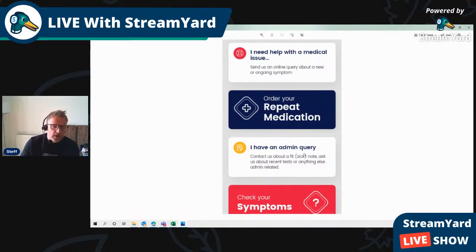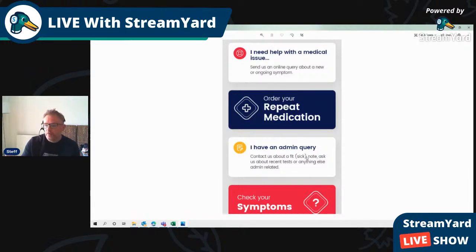So a lot of patients are unaware that they can make requests for admin queries through an app. They can do it digitally. And the kind of request that they can ask for is a fit note or a continuation paper. And if they ask for a continuation paper or a sick note, once they click on this button and they select the admin query they've got, if it is a fit note, if they've been sick for less than 7 days, then they can download the self-cert form directly from the app without having to come in to practice anymore